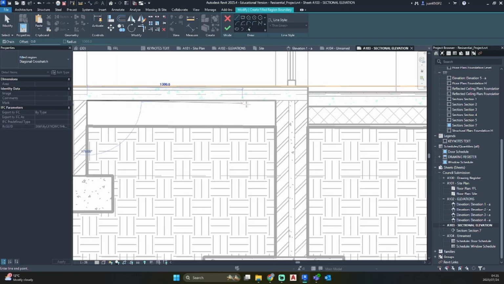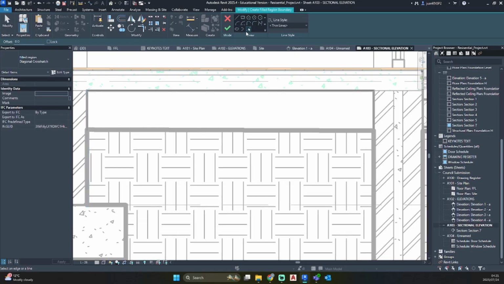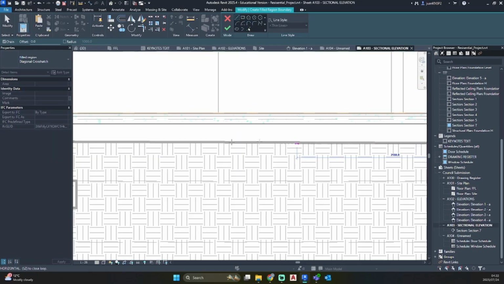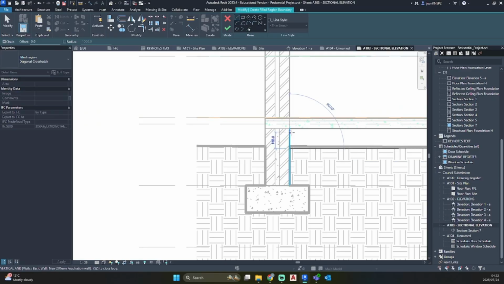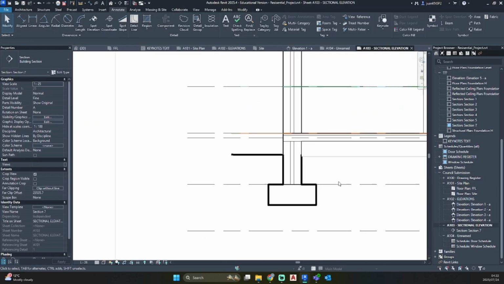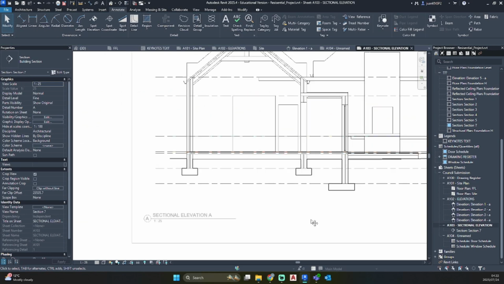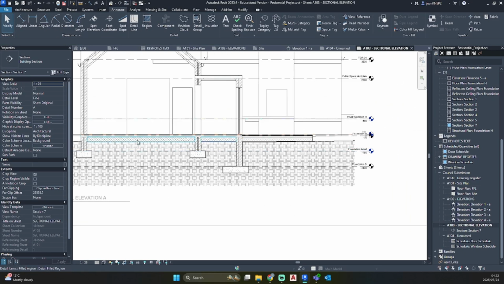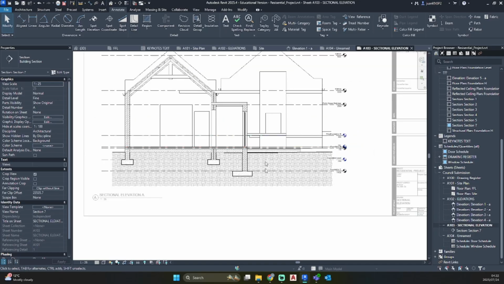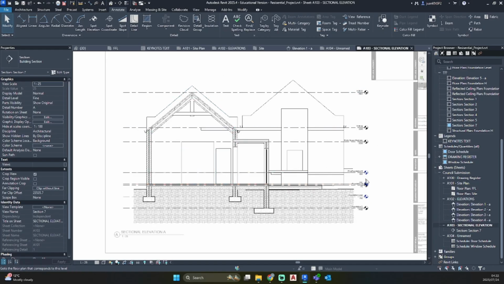So I'm just going to drag these in first, and then I'm going to use my pick lines tool to see if I can select. It seems like I can't select that at the moment, so I'm just going to drag in a rectangle and go OK. And now we have a compact fill underneath our main floor as well. So this looks a lot better.